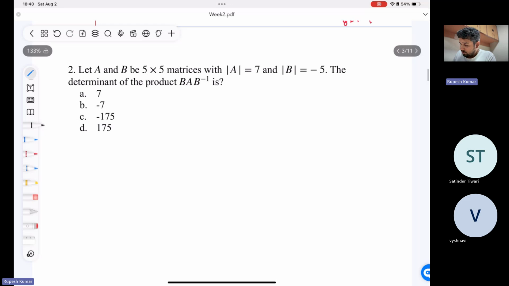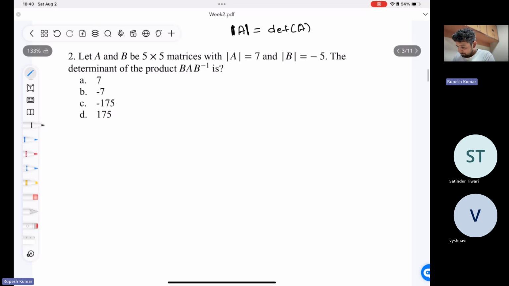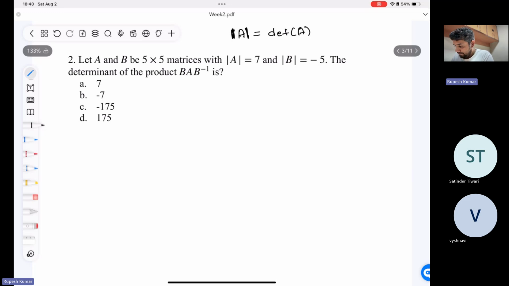Fine. Let A and B be 5 cross 5 matrices. Whenever I am saying the mod box, inside the mod box I am writing some matrix. This essentially means the determinant of matrix A. So the question is, let A and B be 5 cross 5 matrices with determinant of A equals 7 and determinant of B equals -5. The determinant of the product